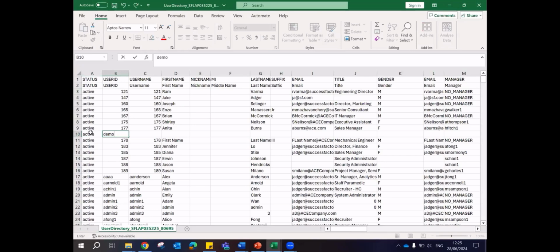So demo underscore June 28, an alphanumeric ID, is what I'm giving. Same thing as username also. First name as demo, middle name as user, last name as June 28. Demo user June 28 is a name that I am giving. And email ID, some dummy email ID xyz@gmail.com is what I give. Title as some analyst,